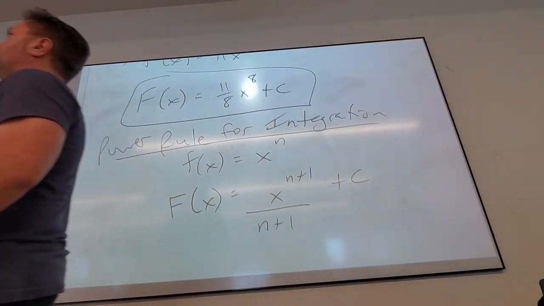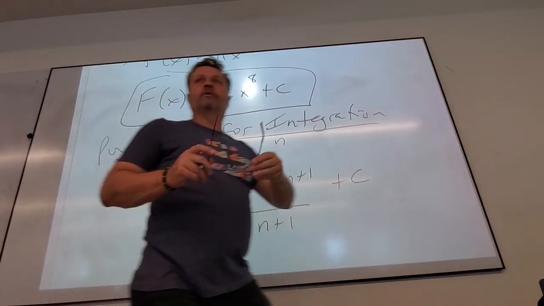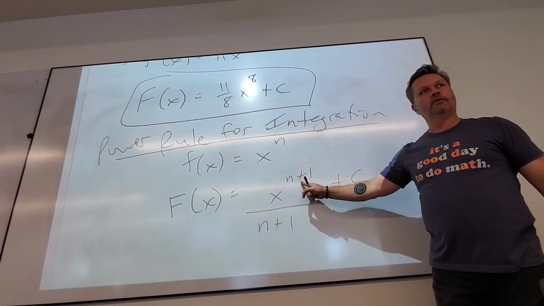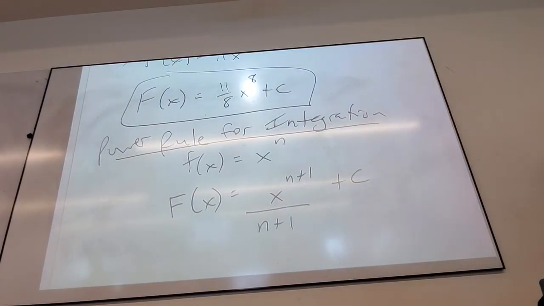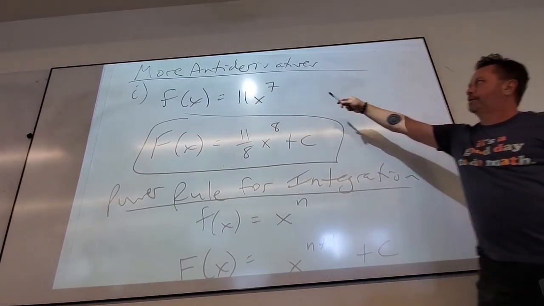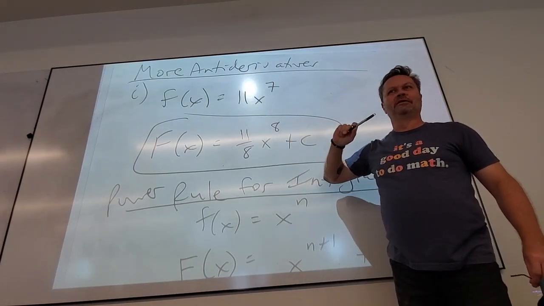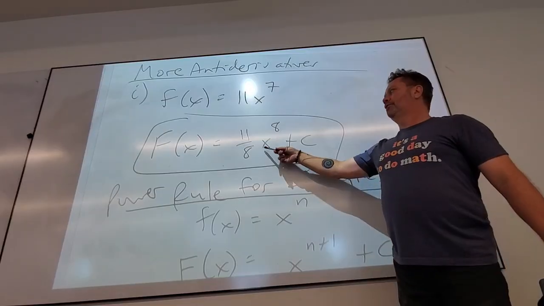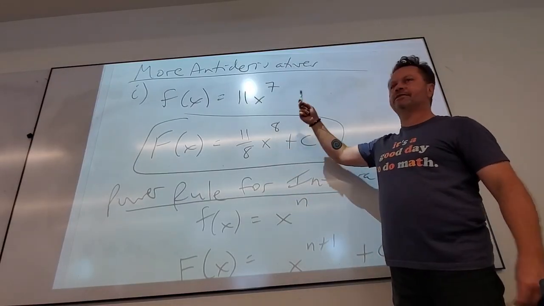We did this earlier. What was the antiderivative of x squared? 1/3 x cubed. Power goes up by 1, divide by the new power. Do you see how that's the rule? Power goes up by 1, divide by the new power. How does that act with what we just did? Do you guys see that? Did we know the rule when we did this? No. But the rule does help when things get weirder.